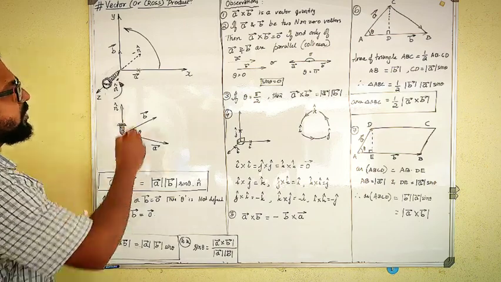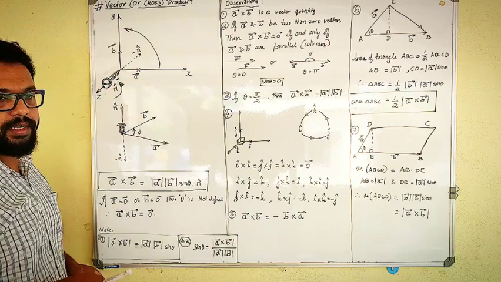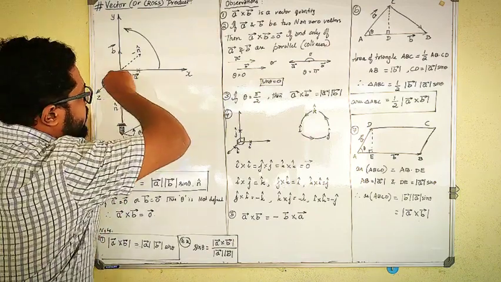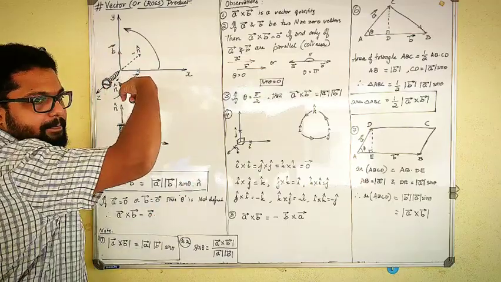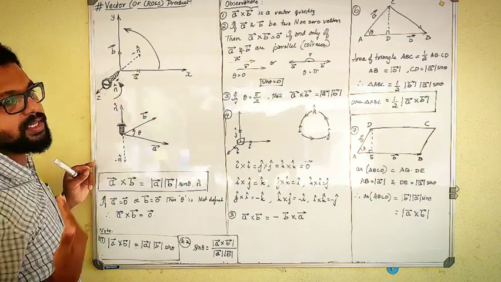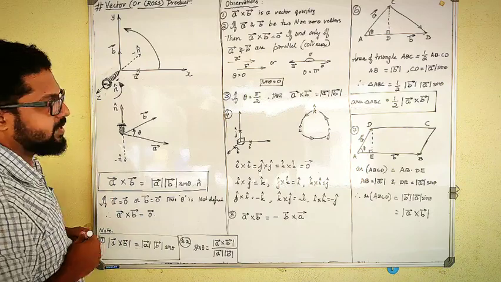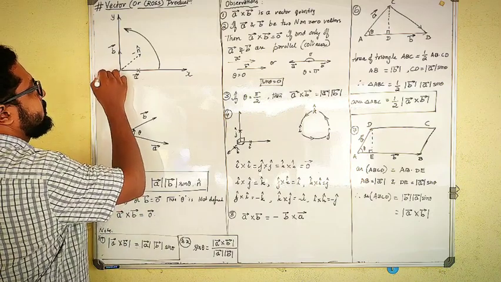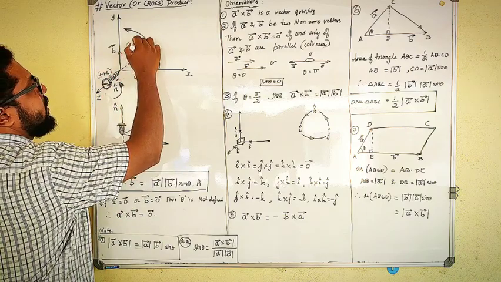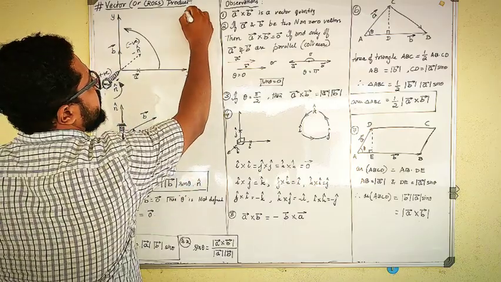So when the screw is rotated in the anti-clockwise direction, you know it comes this side, outside the board, isn't it? If I turn it clockwise, if I rotate it inwards, it will go into the board, that is into the wall. But if I rotate it anti-clockwise, it will come outside the wall. Which means it is coming towards the positive z-axis. This is the positive z-axis, isn't it? Yes, this is the positive z-axis and this is my negative z-axis. This is the coordinate system we need to know.